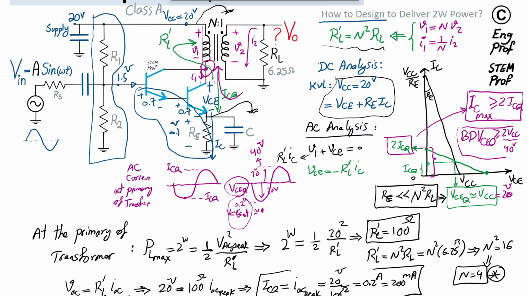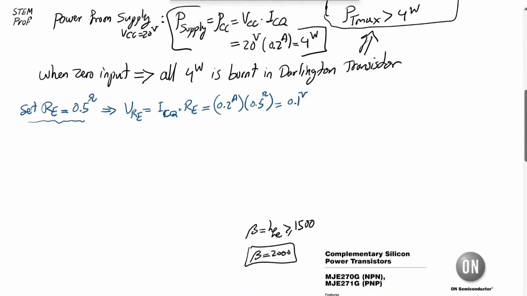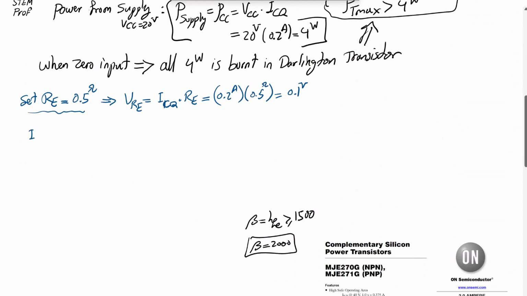So basically the current of the base of the Darlington transistor, I base, should be considerably less than the DC bias current passing through this branch, IR. So that's the only requirement. So I'm going to set IR1 roughly equal to IR2, and they should be much larger than I base of the Darlington transistor. So to achieve this, given that beta is roughly 2000,